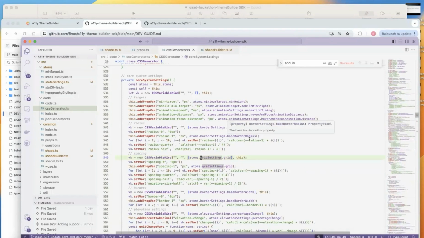This would be your launching point. It's coming to CSS generator, searching for this and seeing is there a listener registered? And maybe it's not, and that's the problem. But for the grid settings case that you just gave me, then I would see that,